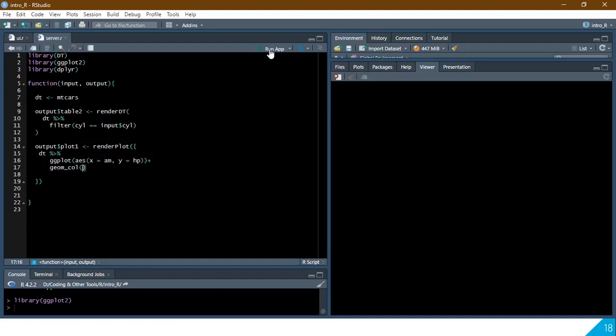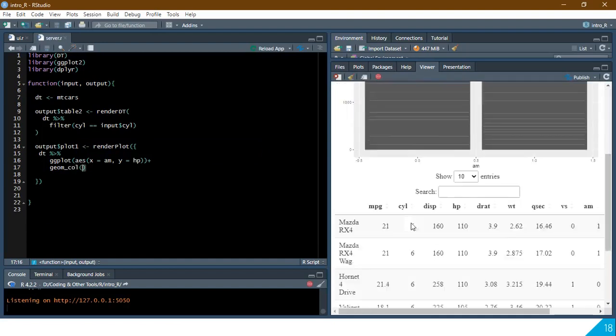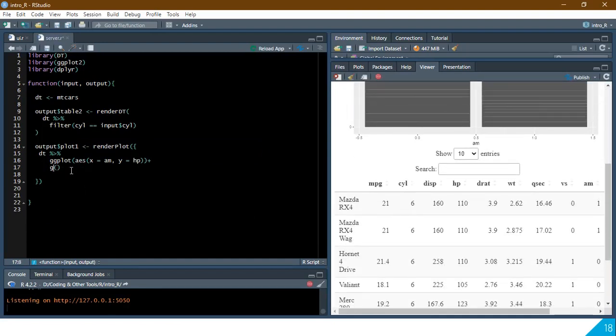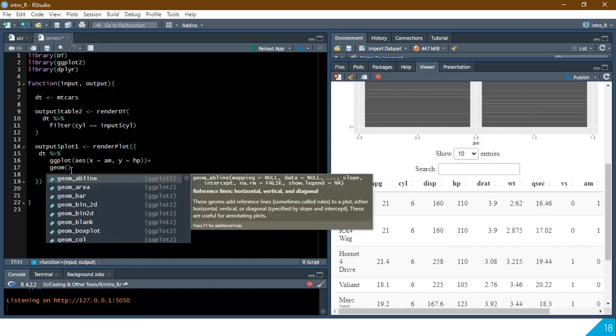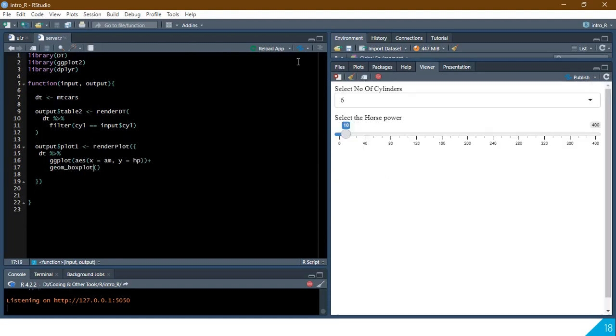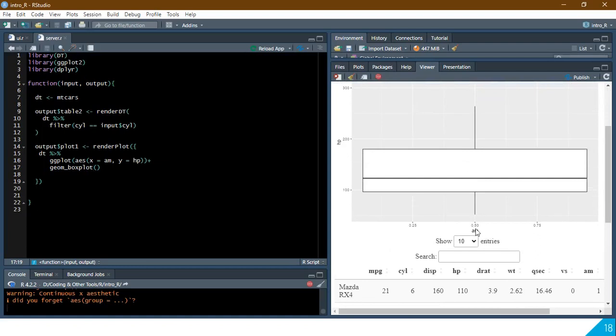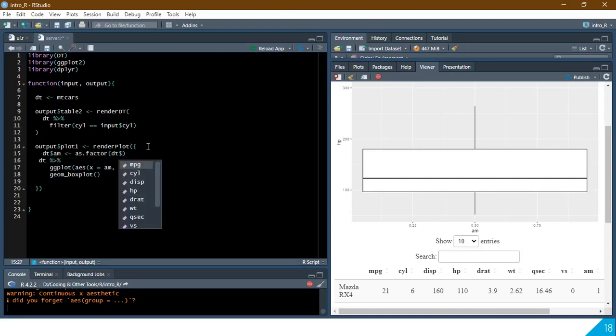it is okay. This is not informative. I think a box plot would make more sense from here. So if I load that one, cool. But I don't want that, I want it to be a factor. So I first want to take dt am and explicitly convert it to a factor, so that once I load the app,